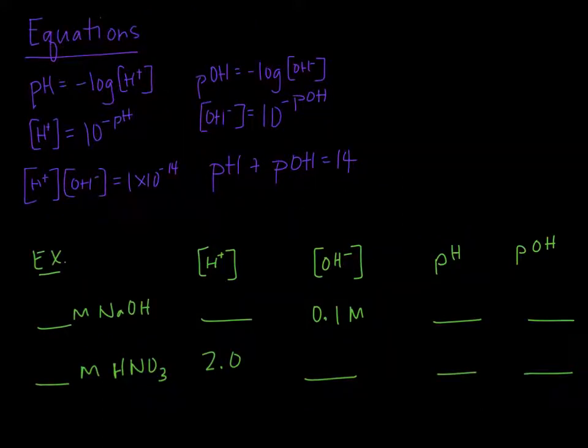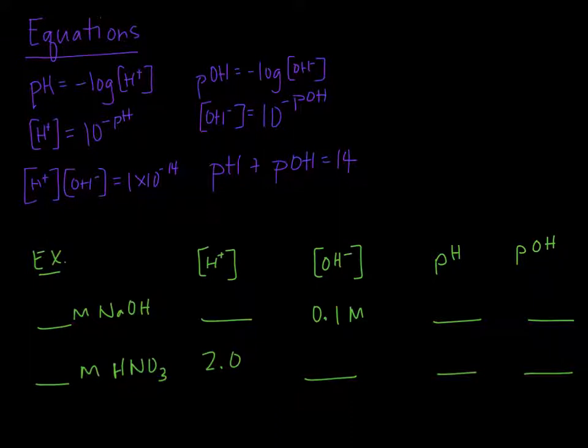All right? Okay, so here's some more examples. This comes from a table from one of the worksheets that you've gotten. We're looking for the concentration of sodium hydroxide, concentration of hydrogen. We're given the concentration of hydroxide, and we're looking for the pH and the pOH. So if this is the only piece of information that I have, I'm going to find the easiest thing first. So I'm going to find pOH first, because that's simply just the negative log of the OH, and I have this. So if I put negative log of 0.1,